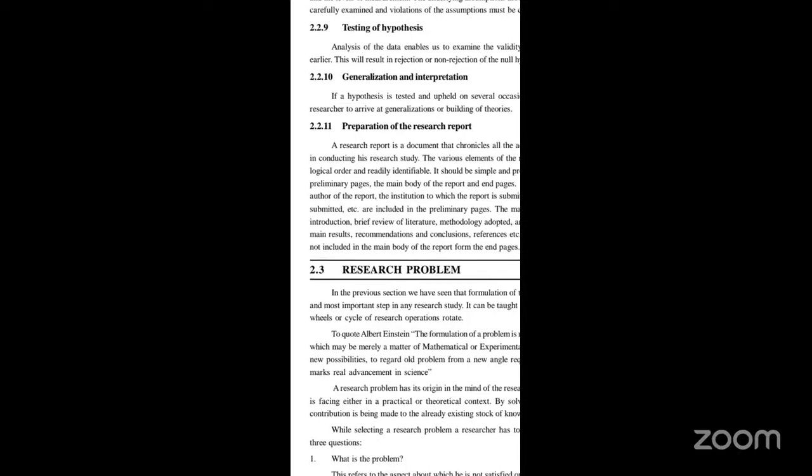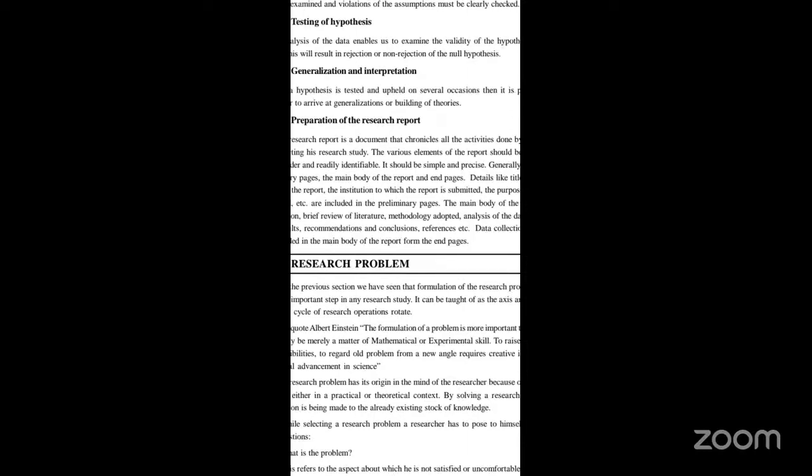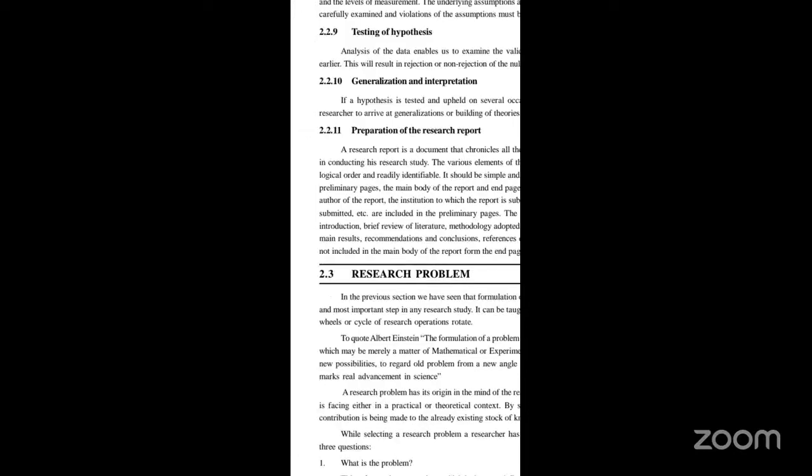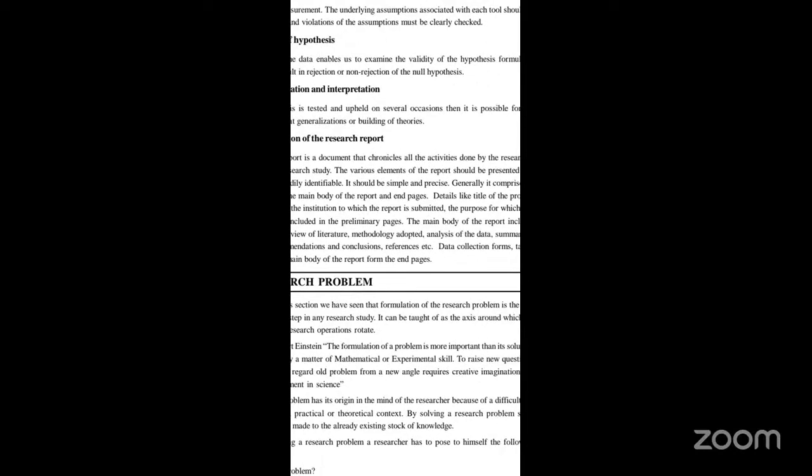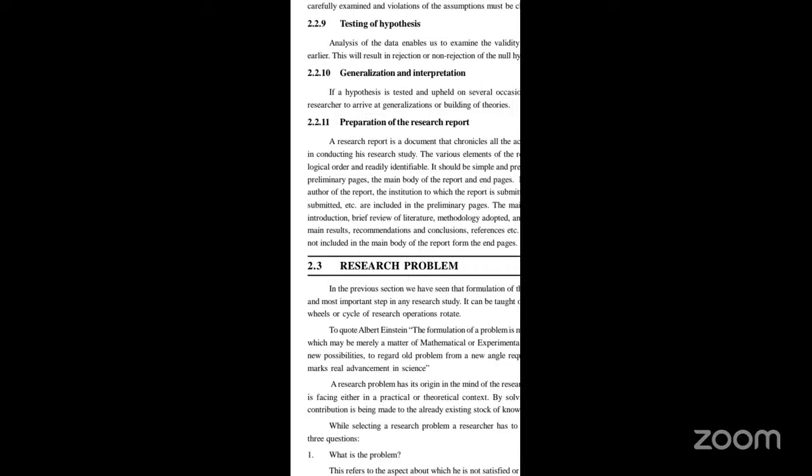building of theories. Preparation of the research report. How to report and what conclusions to give for the project is very, very important. A research report is a document that chronicles all the activities done by the researcher in conducting his research study. The various elements of the report should be presented in a logical order and readily identifiable. It should be simple and precise. Generally,